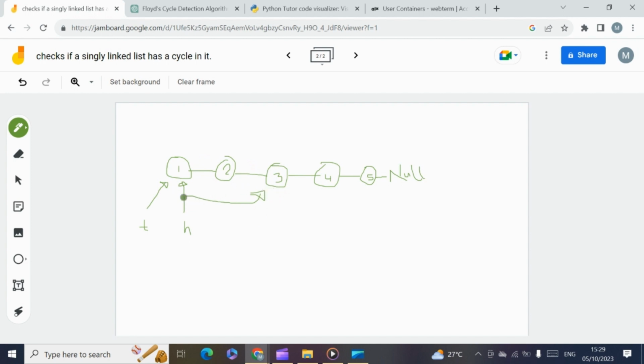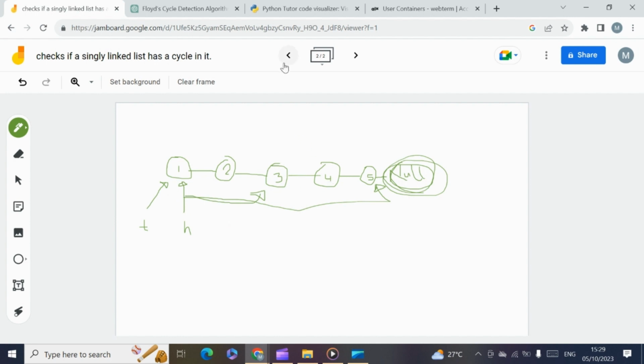So if the hare gets to the end, to the null or the terminating byte or whatever it is, without meeting the tortoise,